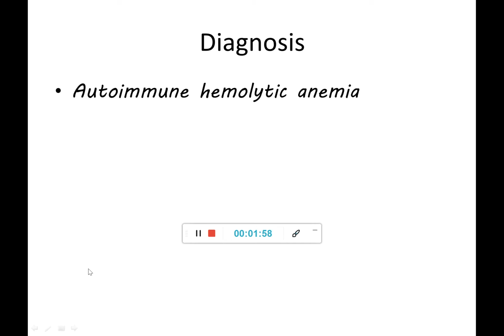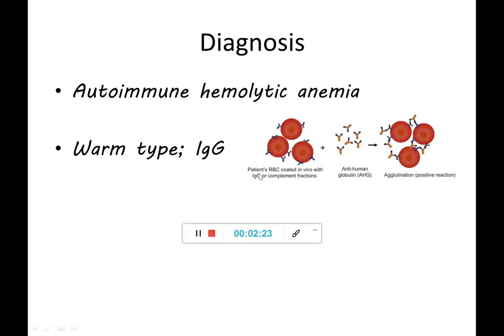A very important topic. Actually, this is of two varieties, namely the warm autoantibodies and the cold autoantibodies. In SLE, what you get is a warm type of autoantibodies, which is IgG. In contrast, the cold type of autoantibody is usually IgM. So, what is the specialty of this warm autoantibody? This can be detected by using a direct Coombs test, which tests for the RBCs. You can see that the patient's RBC is coated by these antibodies.